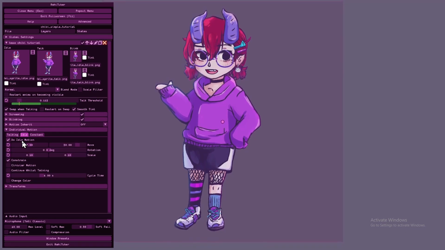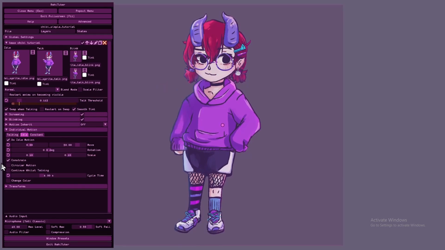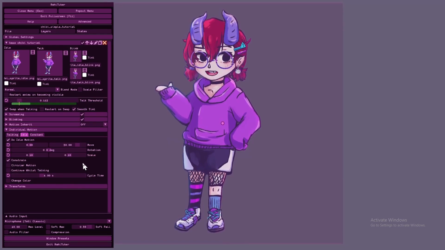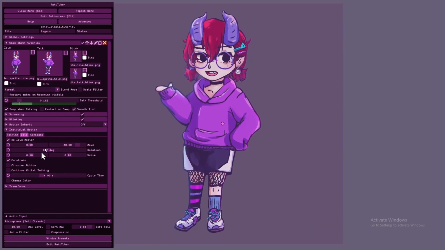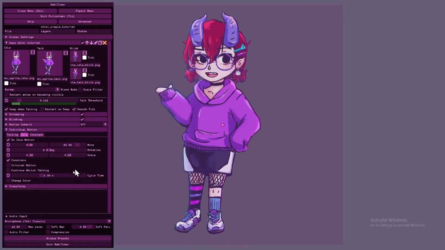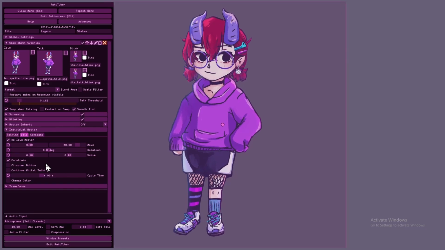So the next individual motion type we'll get into is this idle motion, previously known as breathing. We have the same boxes here for move, rotation, and scale, and they're going to affect the layer pretty much the exact same. By default, we have this 30 vertical move and a scale of 0.10 for both vertical and horizontal. That's just the default. As soon as we turn on idle motion, that is what we get.